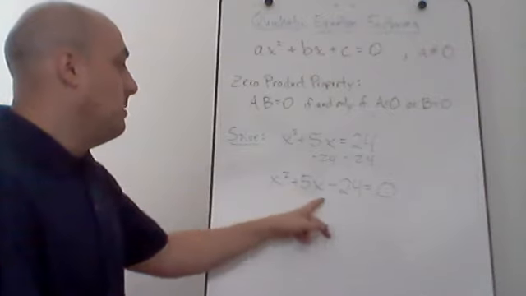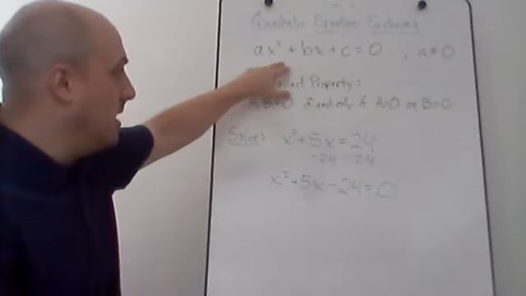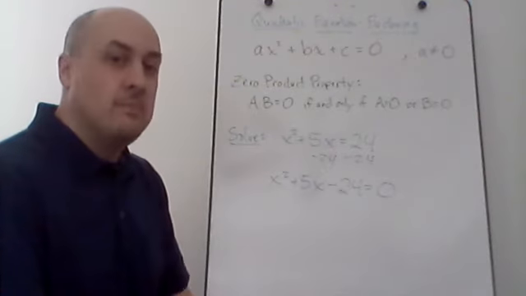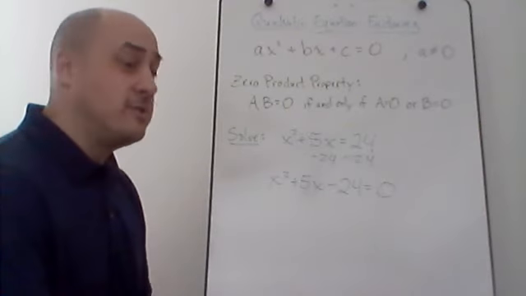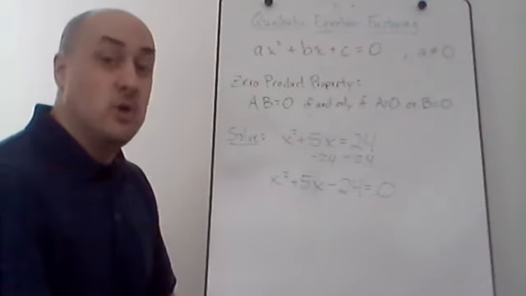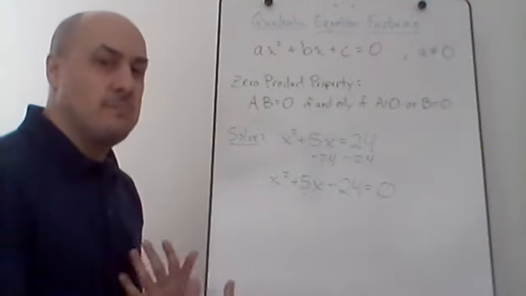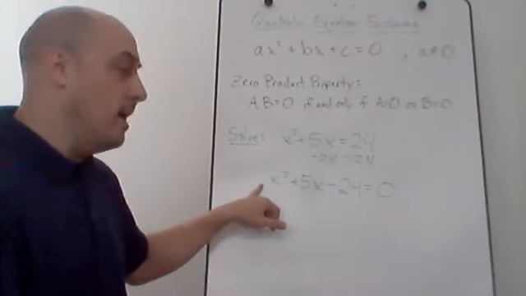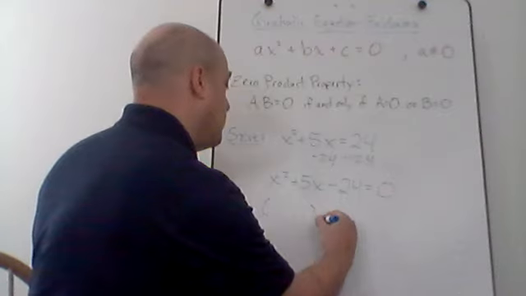All right, so now x squared plus 5x minus 24 equals 0. We've got our quadratic equation in this form up here. It's equal to 0. That means we are ready to factor it. If you recall factoring, what we have here is a trinomial. When you're solving by factoring, you also have to identify what factoring method to use. We have a trinomial here that's a 1x squared, which means it's one of those easier types of factoring, in my opinion, at least,